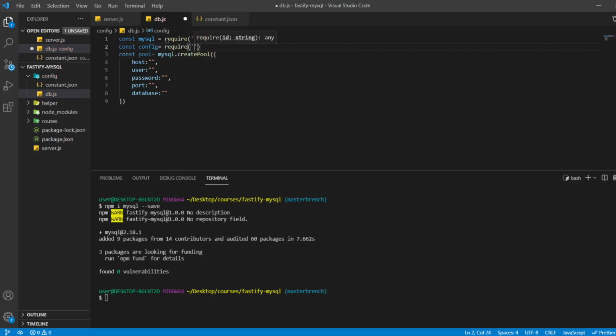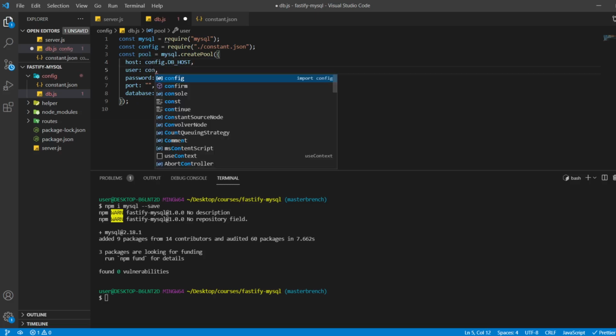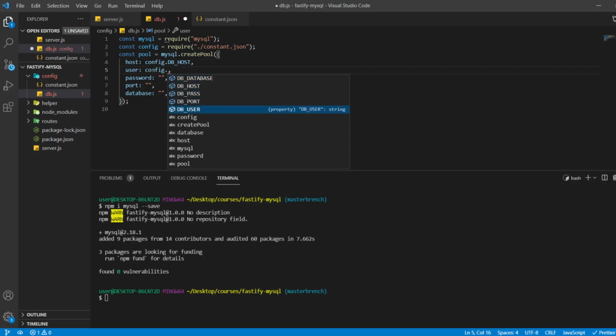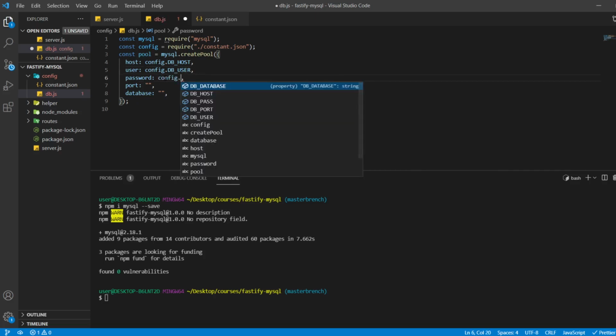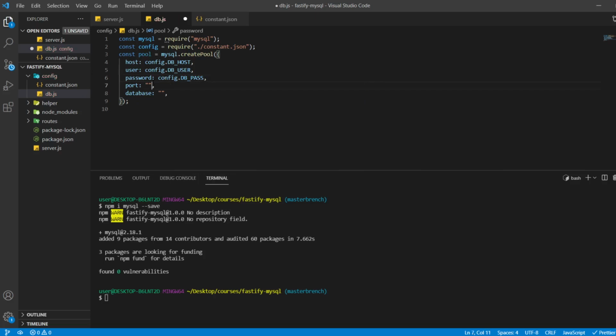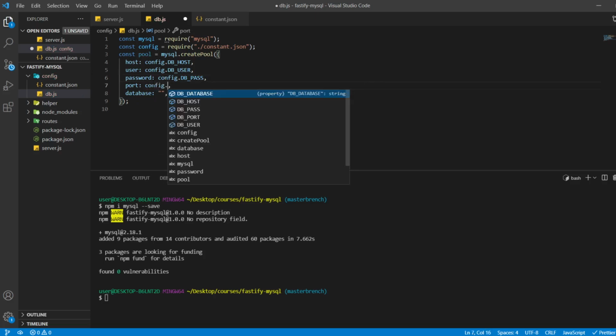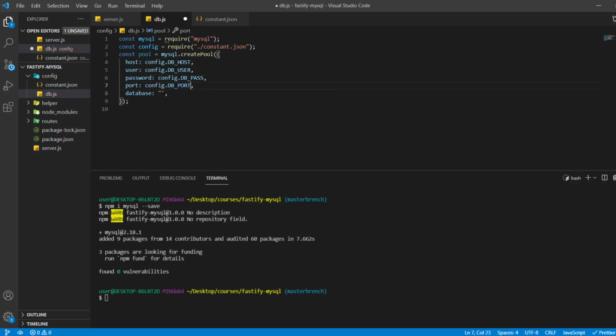and then from the same directory we'll use it. Okay, and after this we'll use config.dbhost, and then config.dbuser, and next config.dbpassword, and next config.port, and next config.database. Okay,